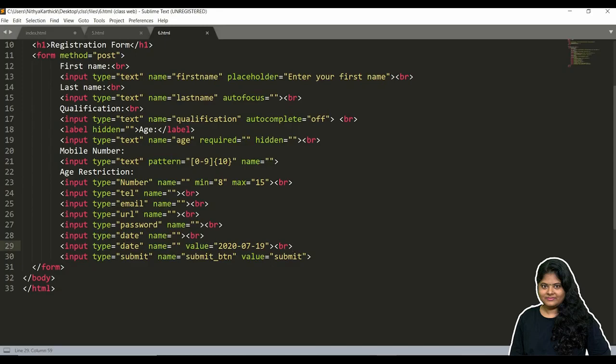For this we can give a placeholder so that we can easily find what I have used for this particular input box. I'm just using this for our reference only. According to your need, you can use this placeholder. For this we don't want a placeholder because it already shows date.